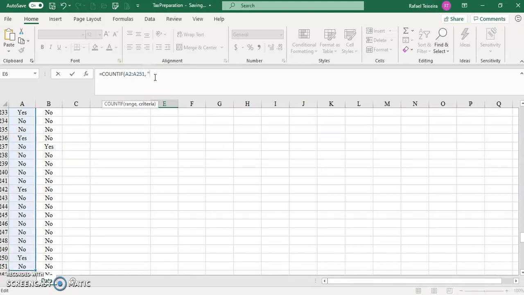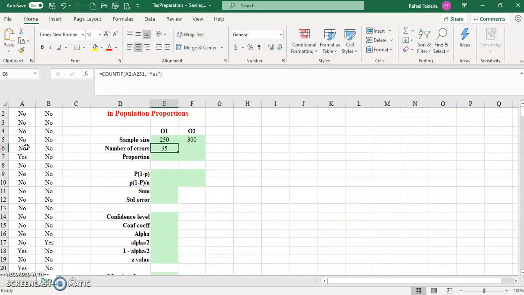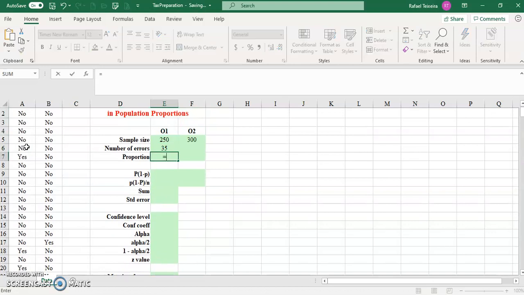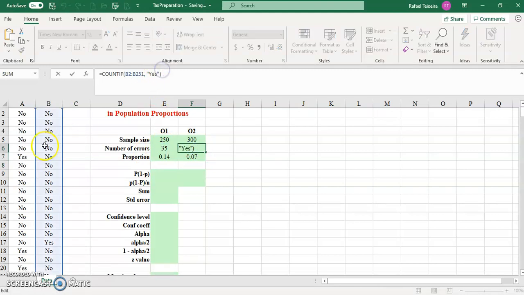I'm going to type quotation marks yes and close parentheses, and this is going to count in this range all the yes, and we have 35. And then the proportion is equal to 35 divided by 250, that's the proportion. And if I do that and copy here, I'm going to have